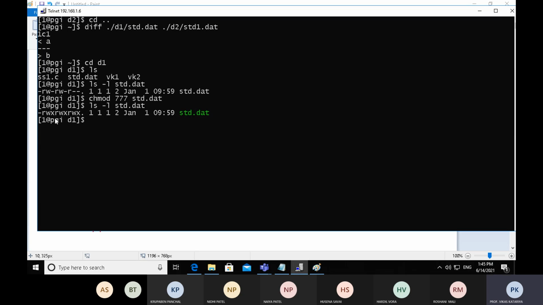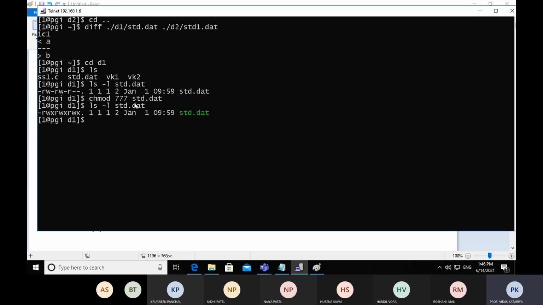So observe the output carefully. Before changing the mode to 777, the student.date file had permission rw-r--r--, which means owner can read and write but is not eligible to execute the file. Group can only read, but again is not eligible for executing the file, and other has only a single permission, read. It is not eligible for writing and executing.